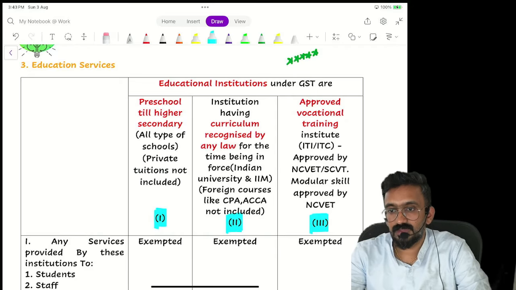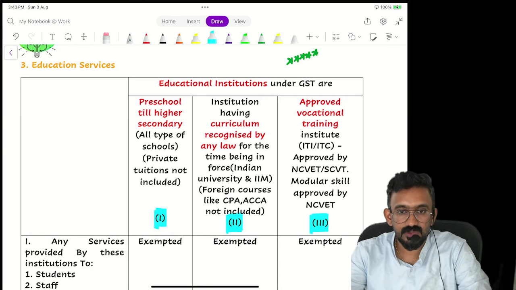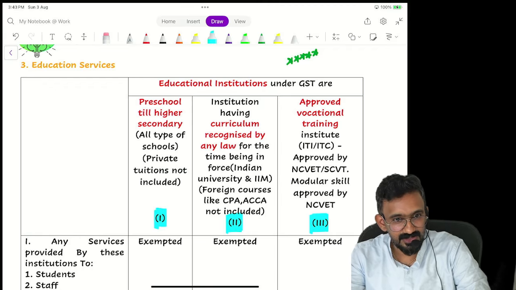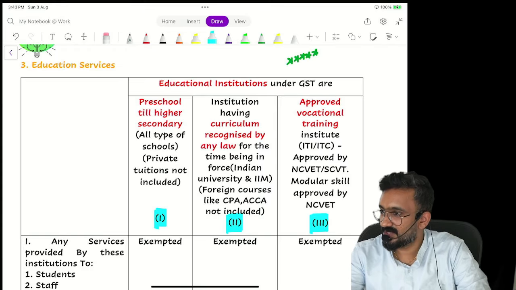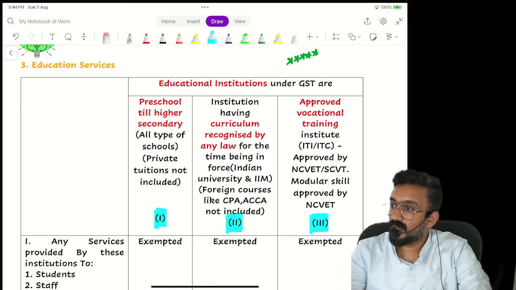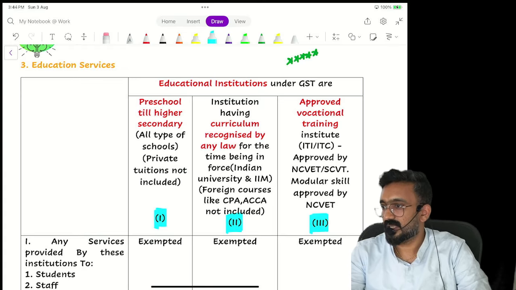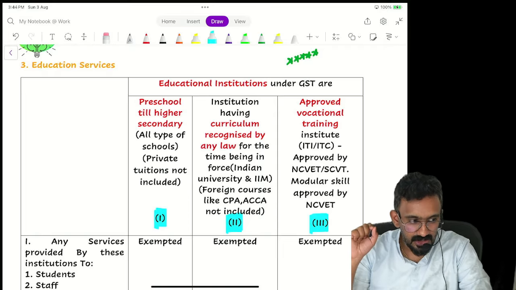What are the types of schools we have? Private schools, public schools, aided schools. Which category of schools will get exemption? All of them. Just because I gave you 3 options doesn't mean you have to choose; there is nothing like that given. Every school is exempted: private, public, aided, everything. What about your Akash tuition classes? Would it be taxable or exempt? Taxable.